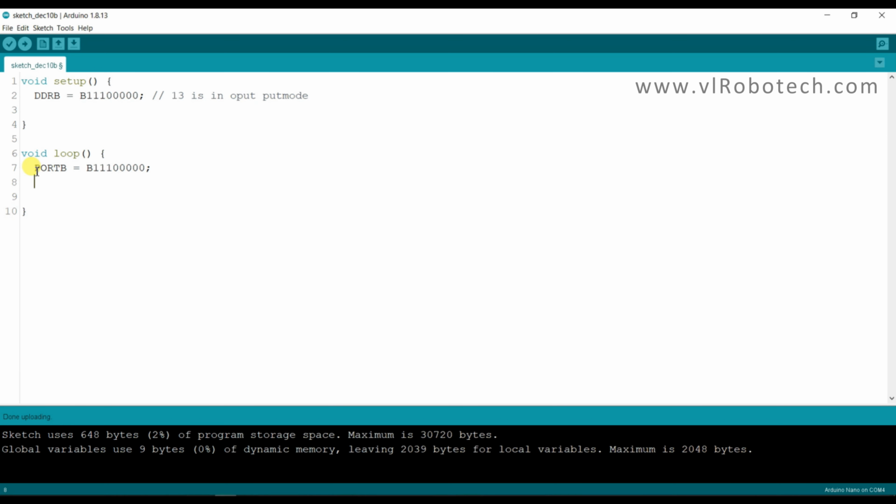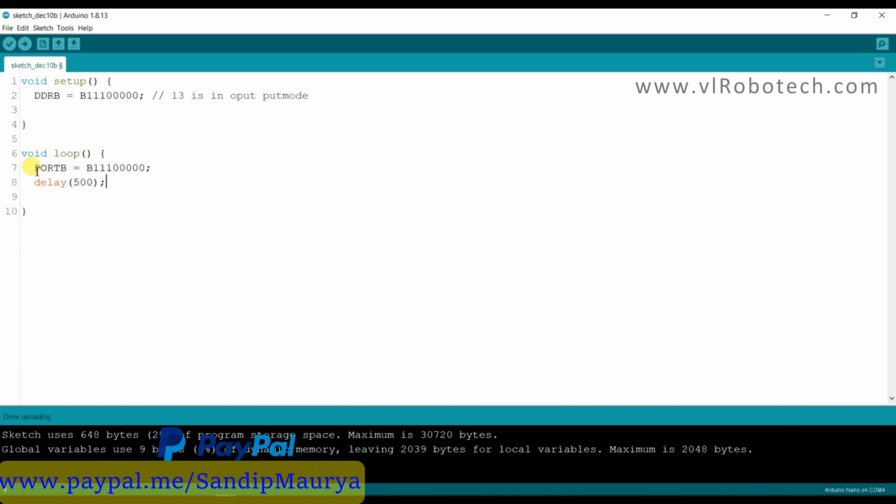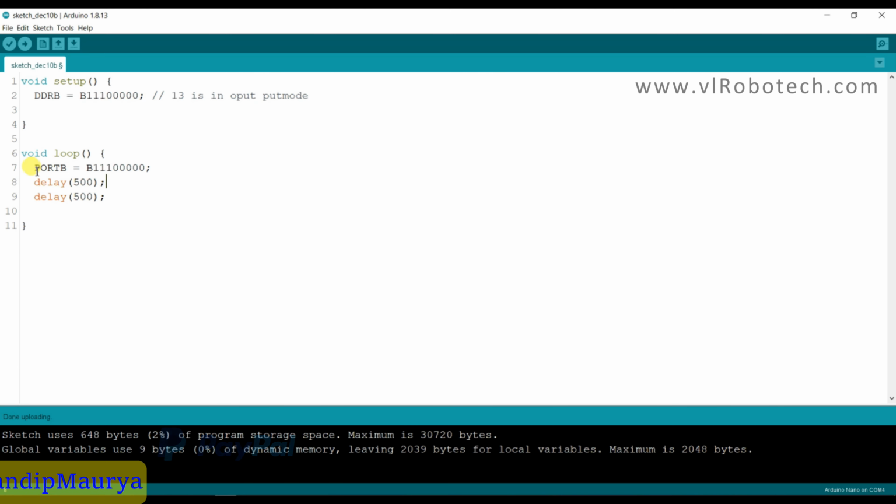Now I will use a delay, 500 millisecond delay, and again a delay of 500 millisecond, and here I will turn off the LED. So PORTB equal to B. This is the oscillator pin and this is the 13 number pin 0, and the remaining pins should be 0.